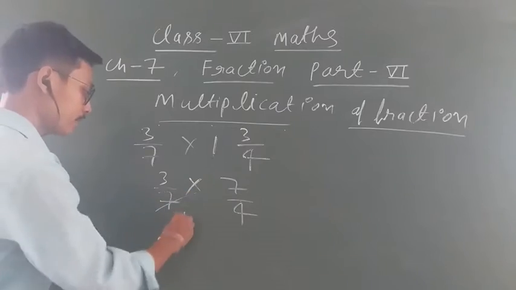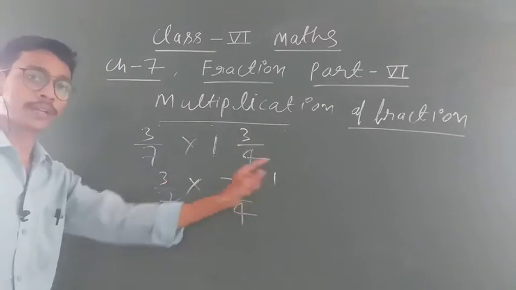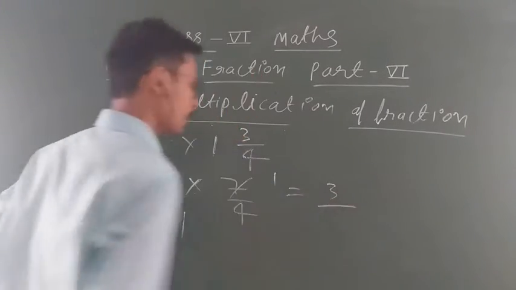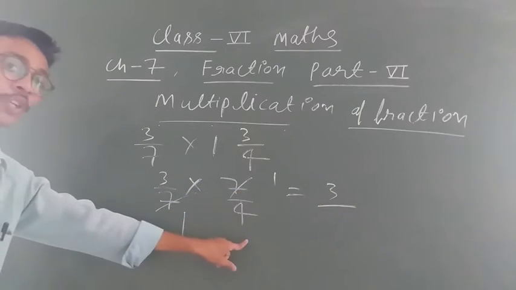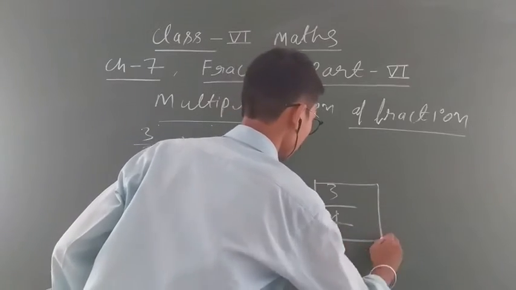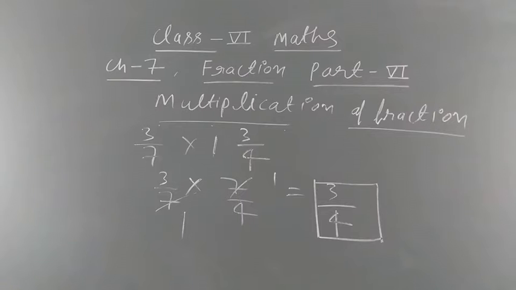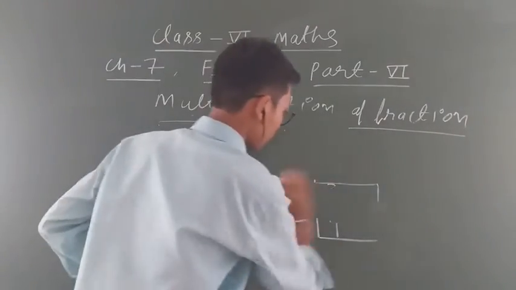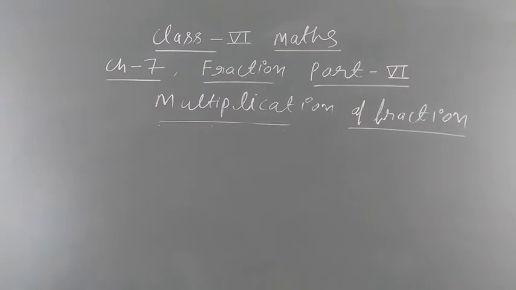Now next, 7 1s are 7, 7 1s are 7, you can reduce it student. Okay. Now what is left? 3 into 1. So it will come 3 upon, what is left student? 1 into 4. It means numerator into numerator, denominator into denominator. So it will come 4. The correct answer is 3 upon 4. This is our appropriate answer. So by this way student, you will solve the question in a very simple way. Okay student. Other examples, I am giving 4 to 5 examples student for your better understanding, so you will not face any problem while you solve the question.